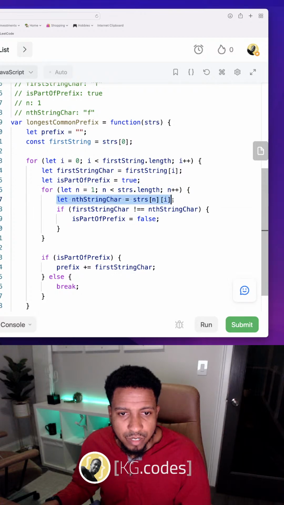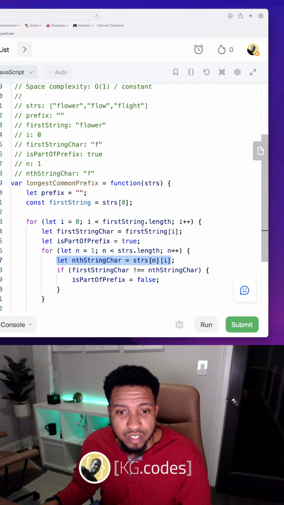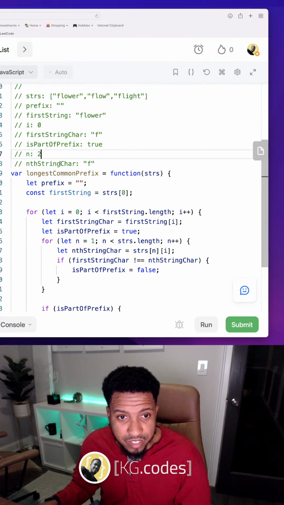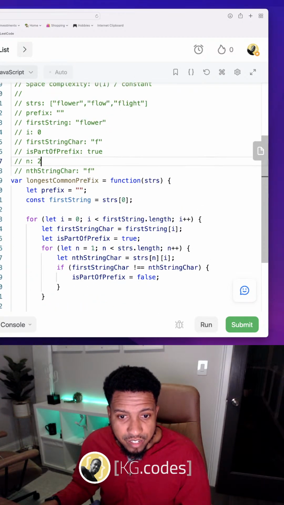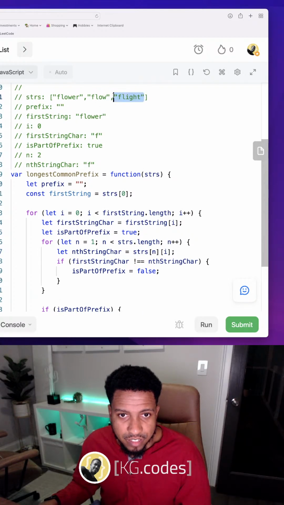Okay, yeah, we're here. Oh, yeah, we got to check every single one. We come back to the top of this loop, and then we iterate n to 2. So I'm already getting confused. Iterate n to 2, and now we're going to look here. We're going to find a string at n2, which is flight. So now this is flight, but remember we need to get the vertical scan and we need to get the 0